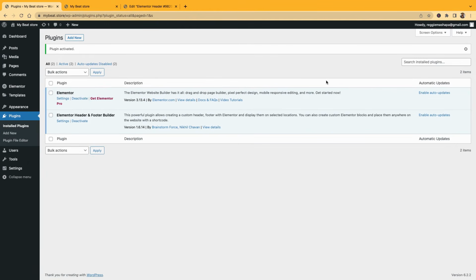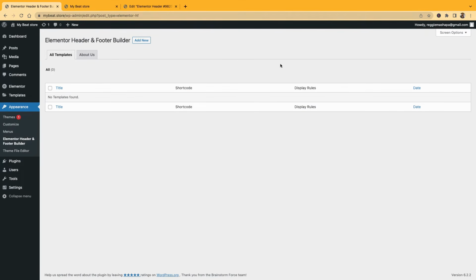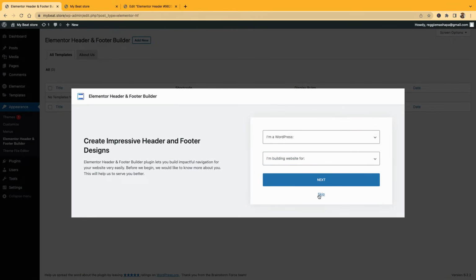Okay, once it's activated, we're gonna go to appearance, and you'll see now we have this option that says Elementor header and footer builder. Click on it. Once you click on it, you're gonna click on add new. We're starting with the header. So I'm building a WordPress site. We can skip this,